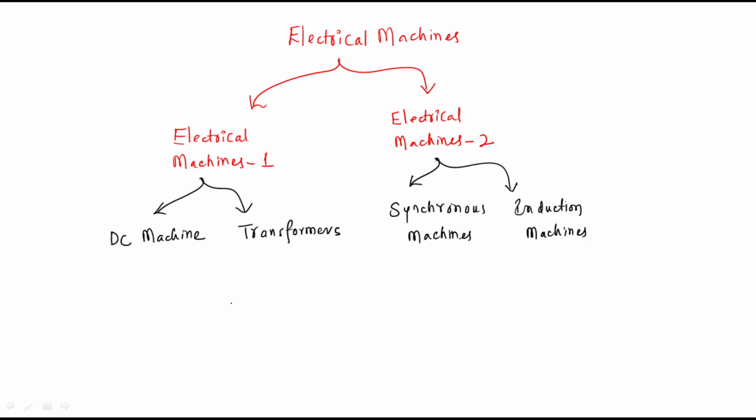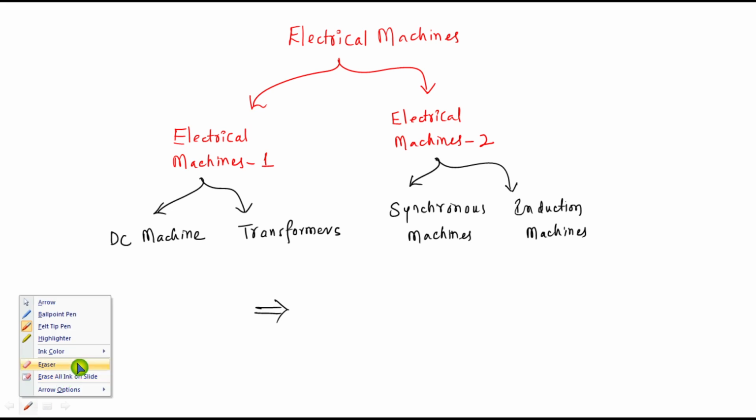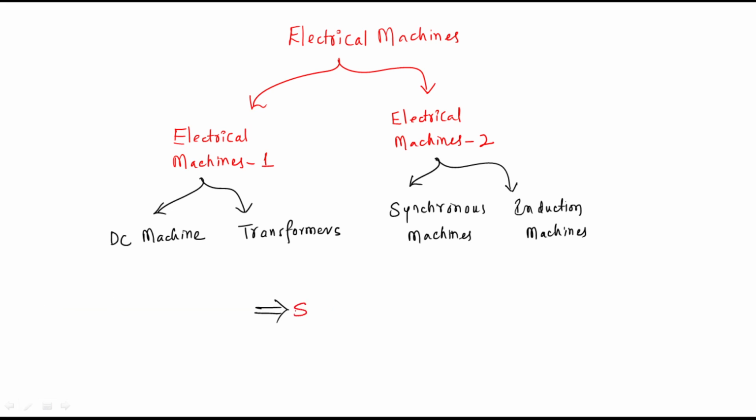And apart from this, we have to discuss special machines, right? So these are the categories which come under electrical machines. So electrical machines means we are going to discuss DC machines, transformers, synchronous machines, induction machines, and in addition with that, special machines. So now we are going to start with electrical